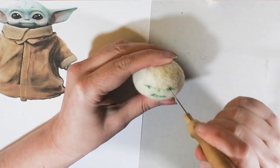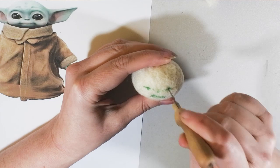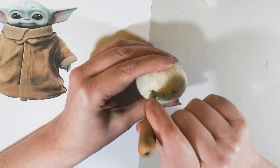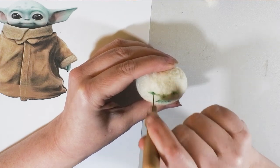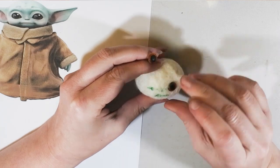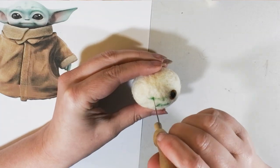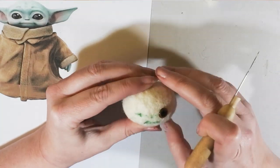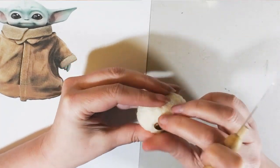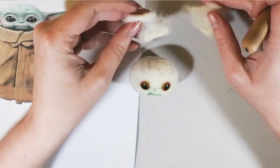And to insert the eyes, these are glass eyes on a wire, and they are 10mm glass eyes. So I just repeatedly poke in the centre of where I want the wire to go in and feed the eyes in. Sometimes if I don't poke enough, it can't fit through there, so I need to poke a bit more. A spot of glue would work wonders to hold these in place, but because I'm adding loads of eyelids,